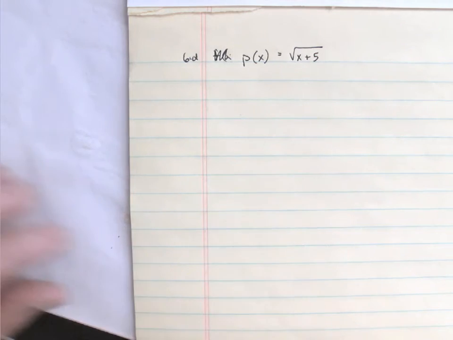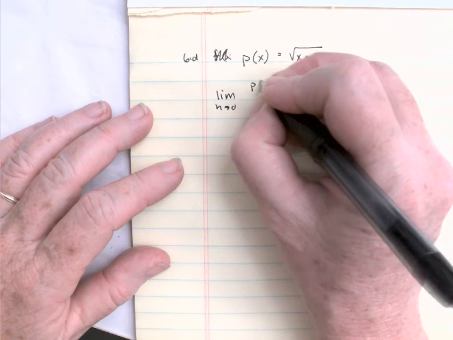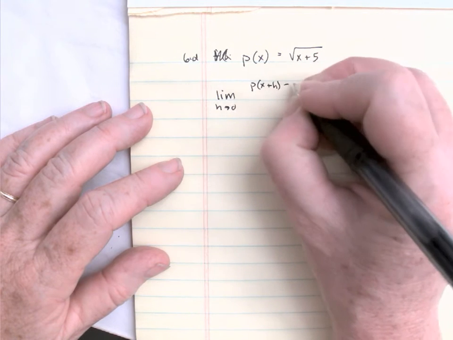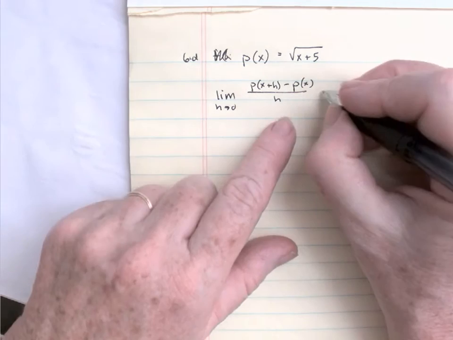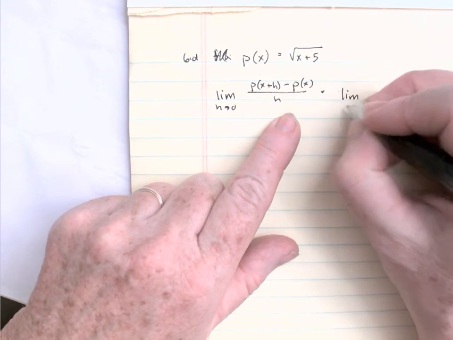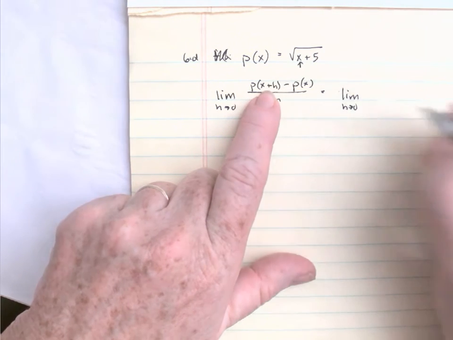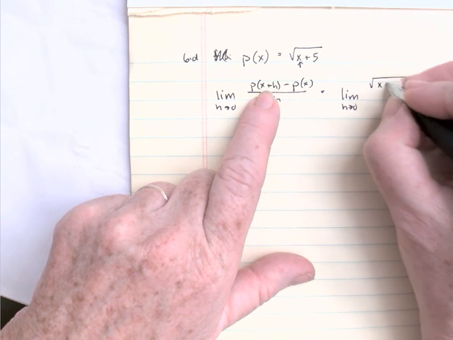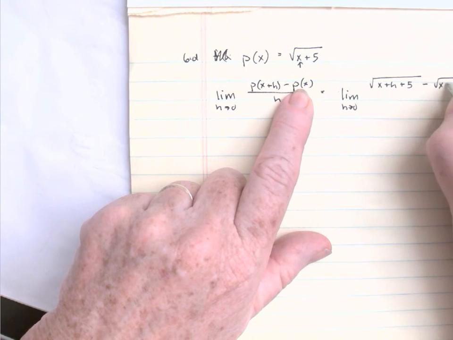For question 60, let's look at the same thing. Again, we're looking for the limit as h approaches 0 of p of x plus h minus p of x, all over h. In terms of this function, I'm going to take the limit as h approaches 0, and x plus h will get plugged in for the x. So this will be a little bit cumbersome. We're going to have square root of x plus h plus 5 minus